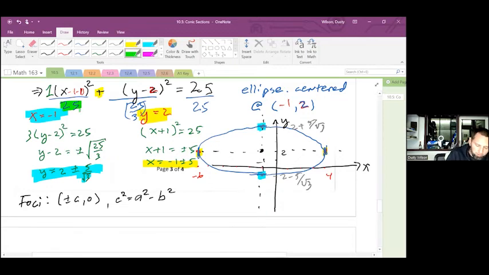is coming from that 25. And so a squared is 25. And my b squared is 25 over 3. So let's get my colors right. Here's 25. Here's 25 over 3 for b squared. And so our c squared in this case is going to be 50 over 3. And so our foci are going to be